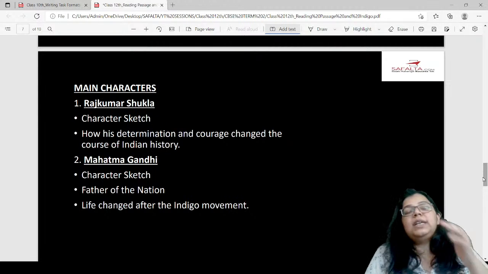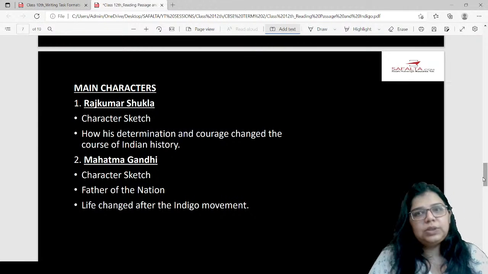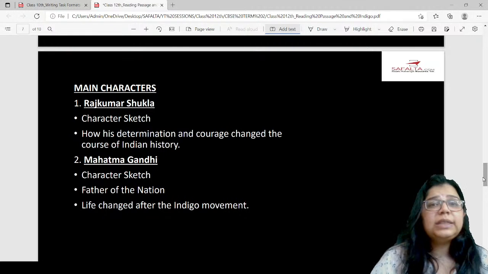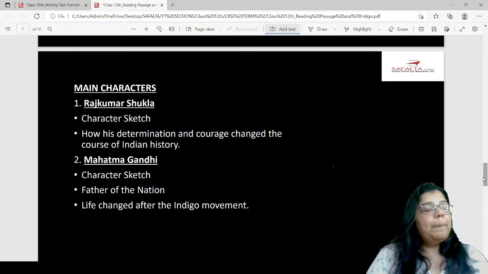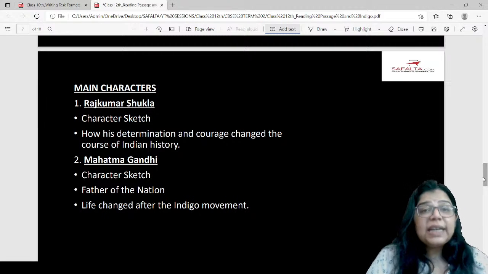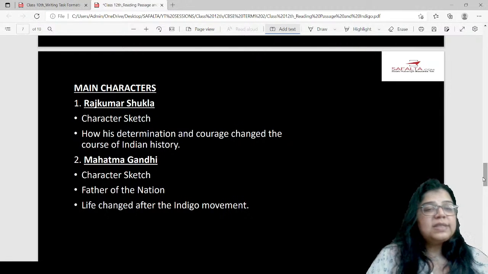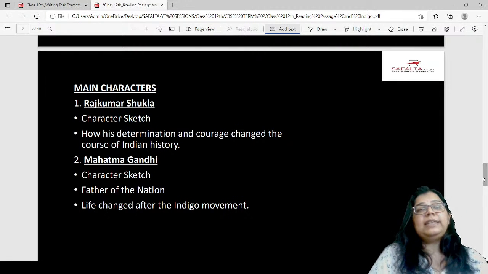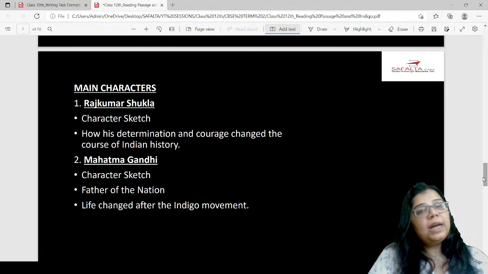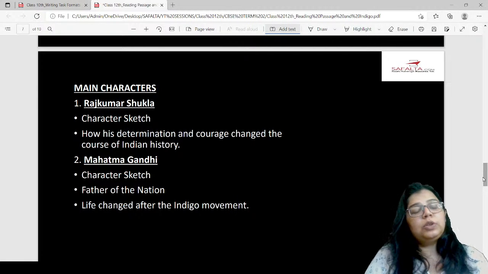So of course there are students who have no problem in reading passage at all. In fact, they don't have a problem in English as such, right? But there are students who have a lot of problem in the reading passage because they do not understand the answers. They do not even get marks in it, and they waste a lot of time. So this is precisely for those students that, instead of not being able to score, not being able to complete your reading passage, or wasting too much time on it and ultimately not being able to finish your exam, it's much better to adopt